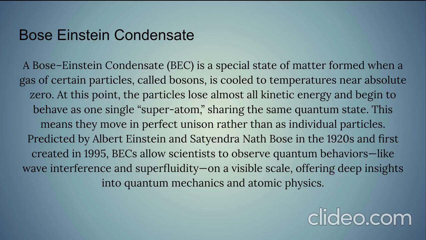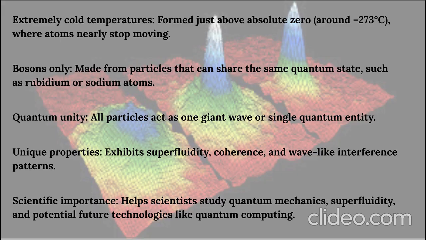Predicted by Albert Einstein and Satyendra Nath Bose in the 1920s and first created in 1995, BECs allow scientists to observe quantum behaviors, like wave interference and superfluidity, on a visible scale, offering deep insights into quantum mechanics and atomic physics. A Bose-Einstein condensate, BEC, forms at extremely cold temperatures, just above absolute zero, around -273 degrees Celsius, where atoms